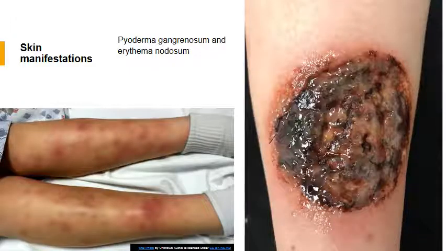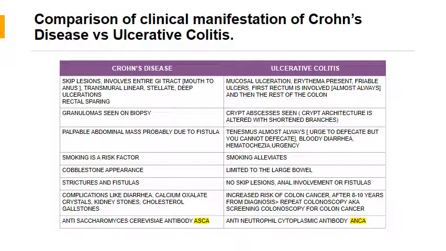So now let's talk a bit about the skin manifestations of IBD. As you can see in these two pictures, we are talking about pyoderma gangrenosum and erythema nodosum. Now both of these conditions are very painful and it's characteristic. Erythema nodosum causes these reddish discolorations and swellings in the extremities, whereas pyoderma gangrenosum is more like,